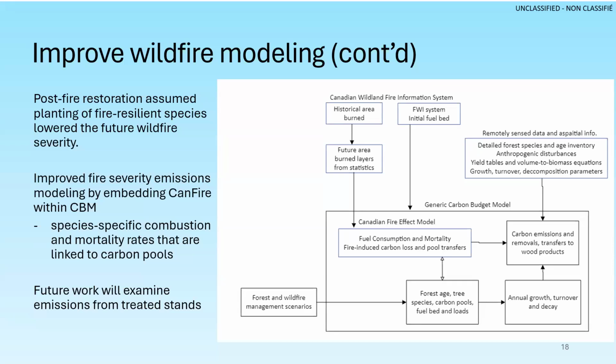Now, there are other ways to do this. We could put a carbon model into a fire model. We could go back and forth between fire and carbon modeling. So the carbon model would generate the landscape, be passed to a fire model. You could model the burned area, pass it back to the carbon model. You could do that too. So there's three different options. We're carbon modelers, so we put the fire model inside the carbon budget model. And this will help us understand the greenhouse gas emissions associated with the fire.